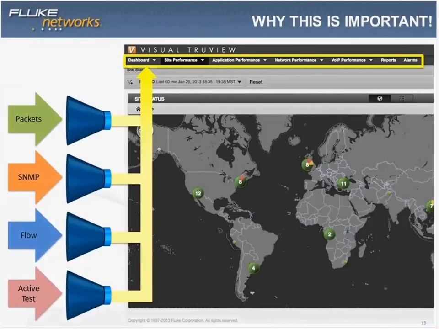So the next slide. We've covered the topological debate. Now let's talk about the data source, because to me this is the real key component to this QoE discussion as a whole. And it really goes back to why fundamentally we as a company decided to build a product like Visual TrueView. Because what we found, if you can mentally reference that time continuum I brought up a few slides back, is that the industry, as it matured over this time period,